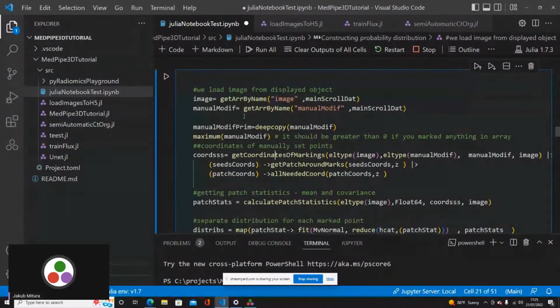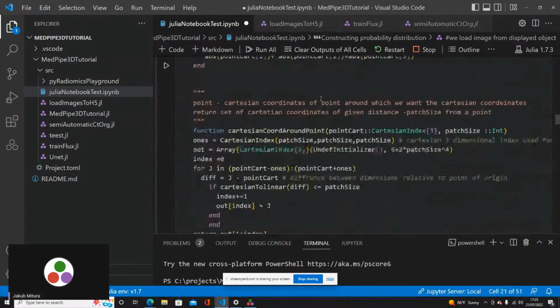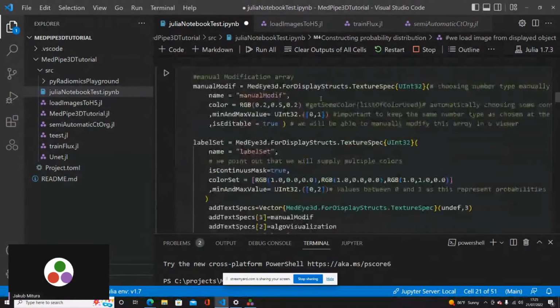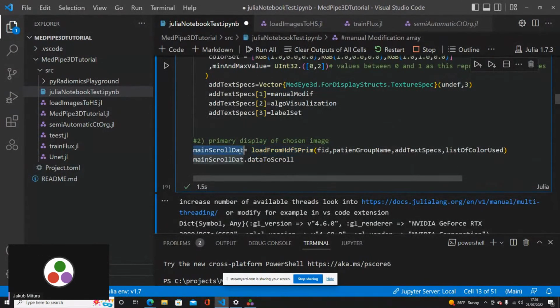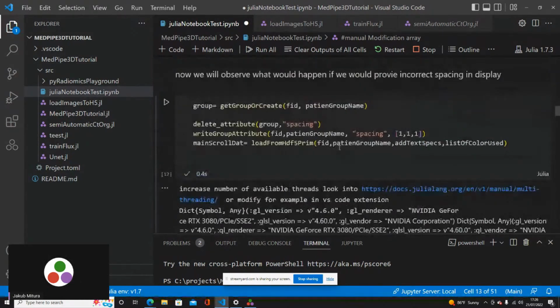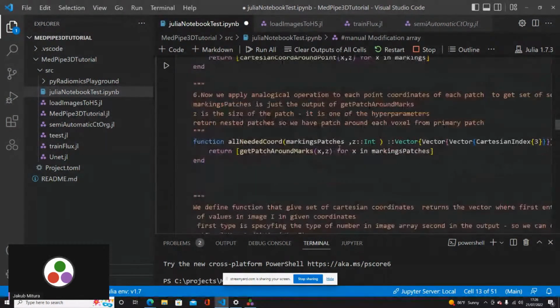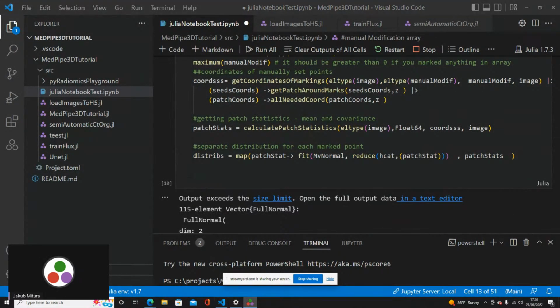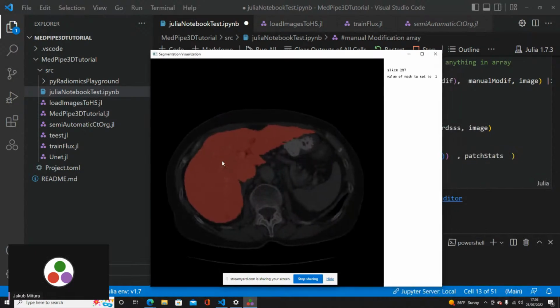Okay, so we need to get the arrays from the data that we defined. When we load it, we define the object, main scroll data, and this object contains all of the references to the arrays with the data. What's also important from the practical perspective is that all of the arrays are living in Julia.